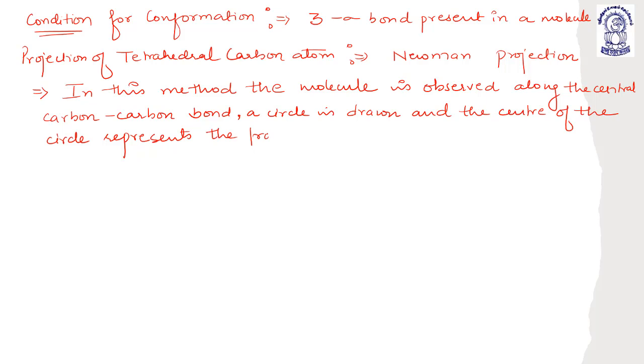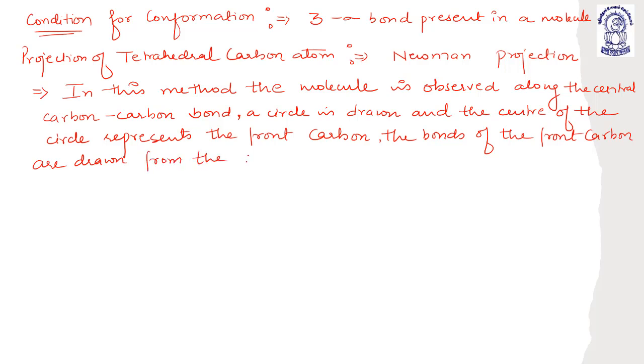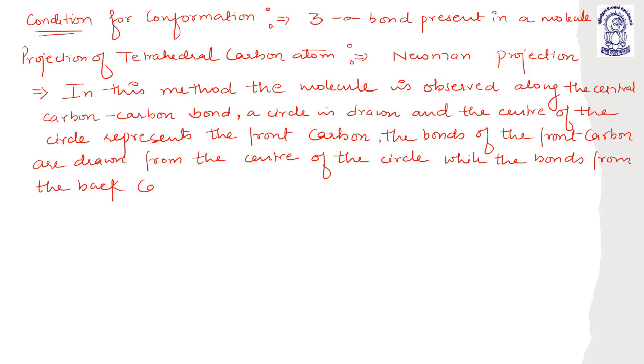The bonds of the front carbon are drawn from the center of the circle, while the bonds at the back carbon are drawn from the periphery. From the periphery. Okay,